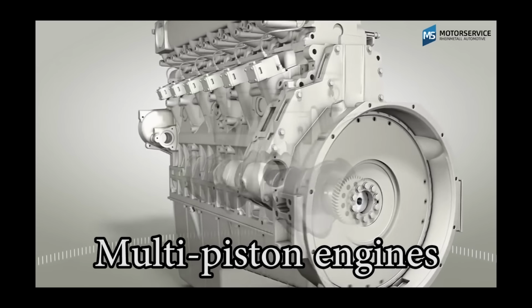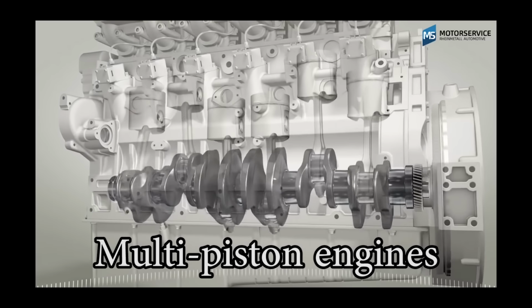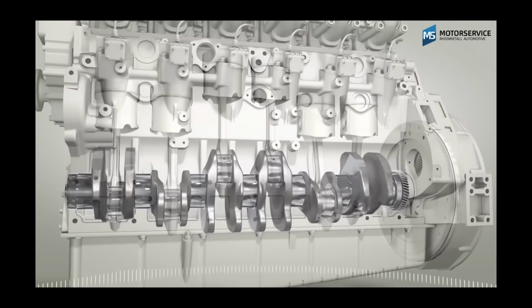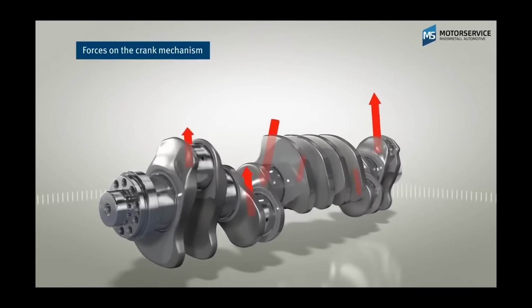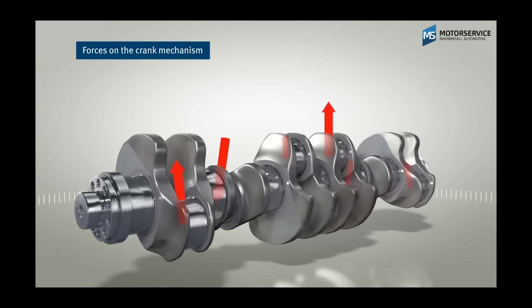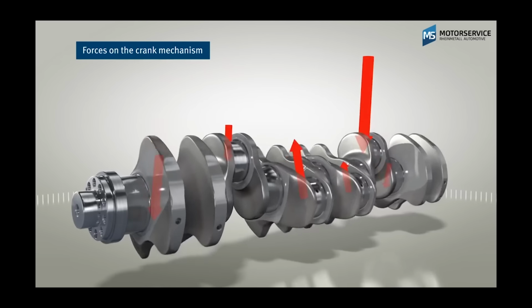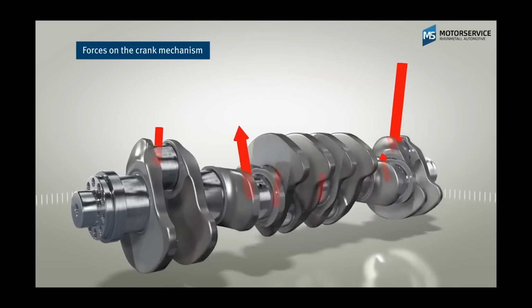But it gets even more dramatic. Most engines today are multi-piston engines. That means they have more than one piston per crankshaft, and different pistons are doing different things at different times in the engine. One is accelerating, the other is coming to a sudden stop. So what they're trying to do to the crankshaft is basically tear it apart all the time. And surprisingly, they almost never manage to tear the crankshaft apart. Unless something goes horribly wrong elsewhere in the engine, the crankshaft is almost never going to fail. It's going to survive an